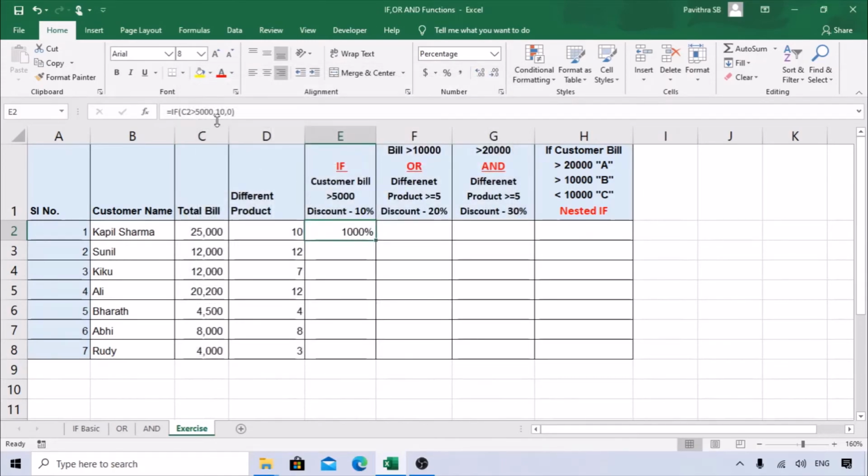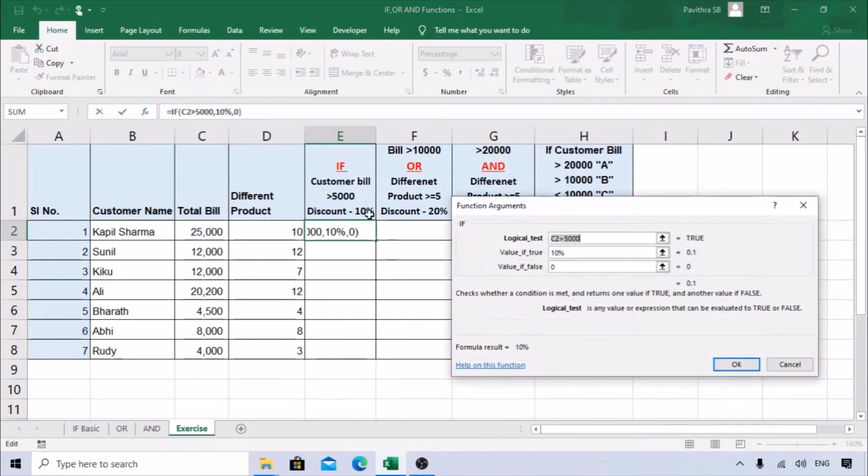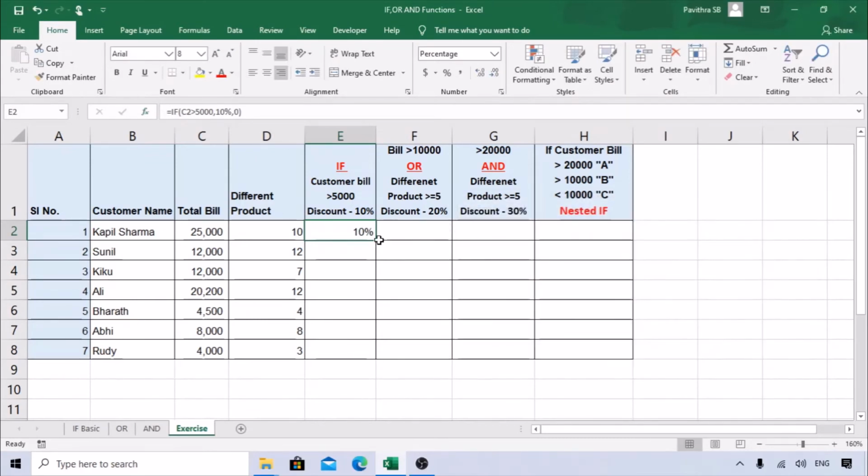So where did we enter wrong? We need to add a percentage here. So what I did, I just added a percentage here, 10%. Just copy this formula down. See, here it is only 4,500 billing, so it doesn't get any 10%. Here is 4,000, it gets 0 percent. This is for the IF function.